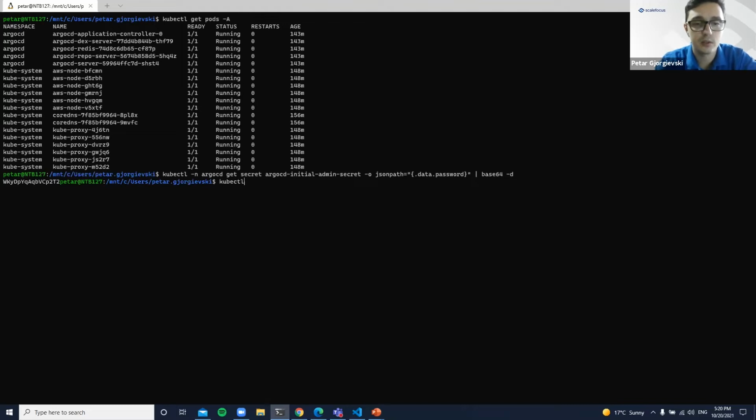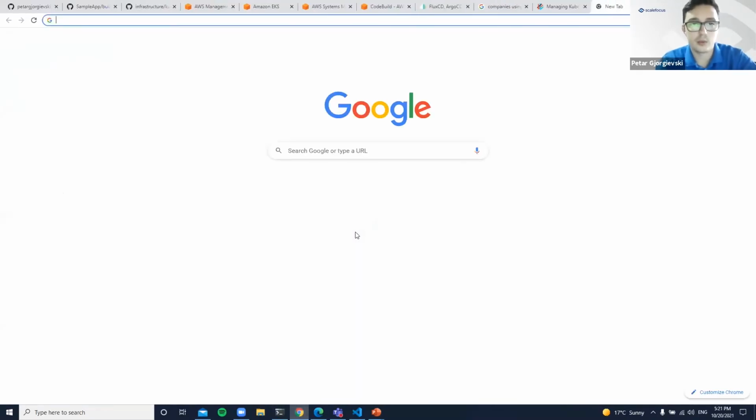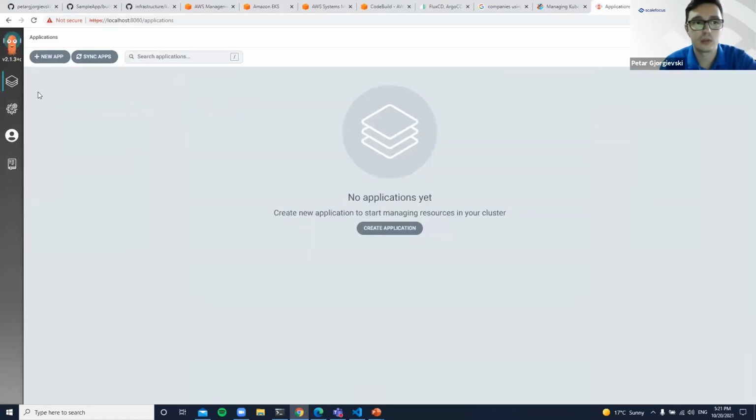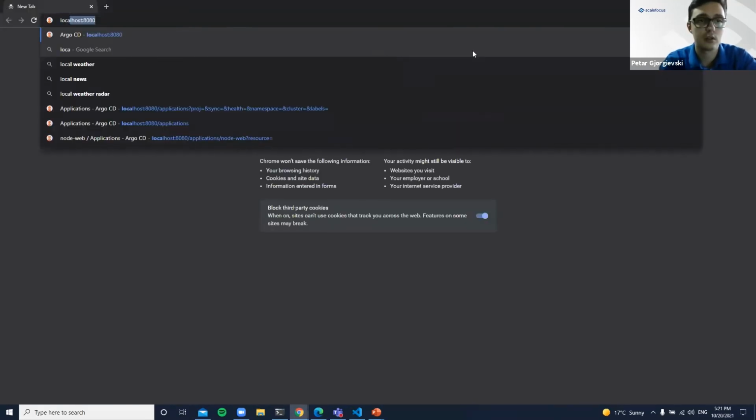So kubectl port forward to the server, which is this pod right here, port 8080 in the namespace ArgoCD. Okay, we're in, and we can go to localhost 8080, and we'll be prompted. Actually, it keeps me still logged in. Okay, I can go through here, localhost 8080,